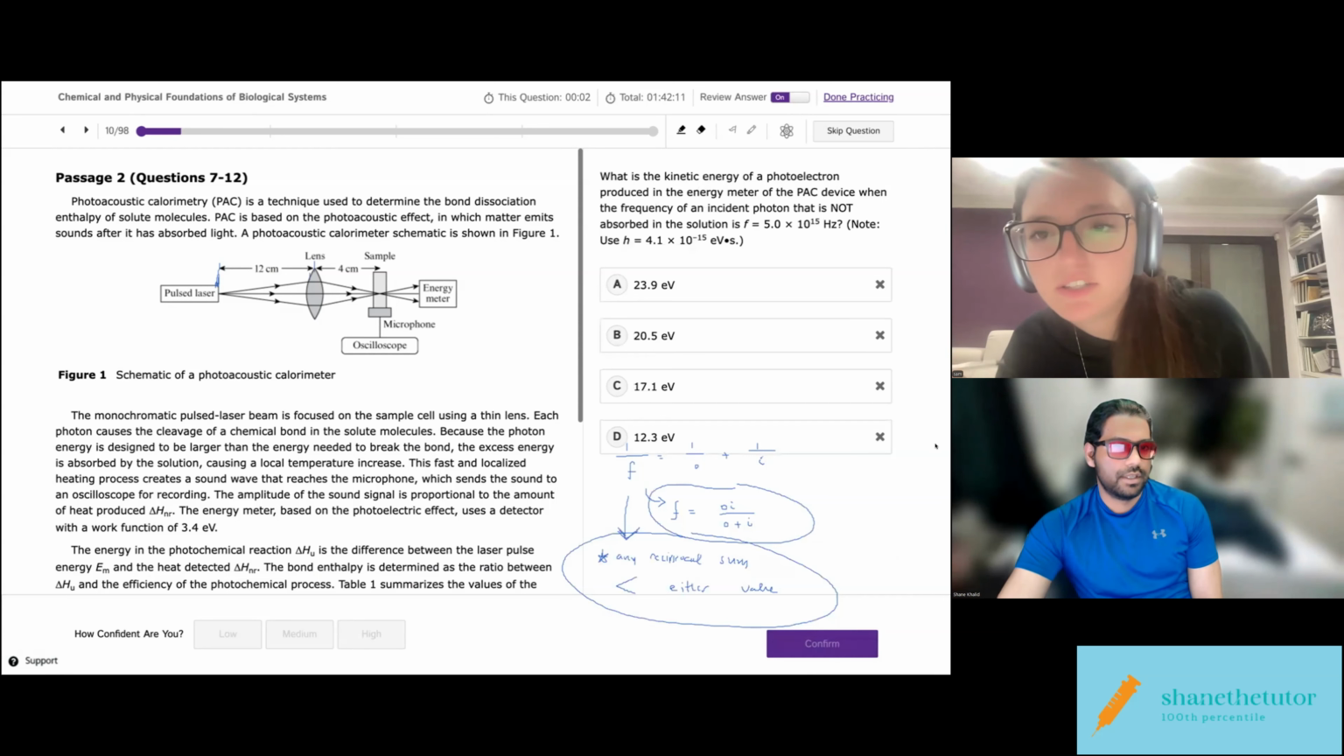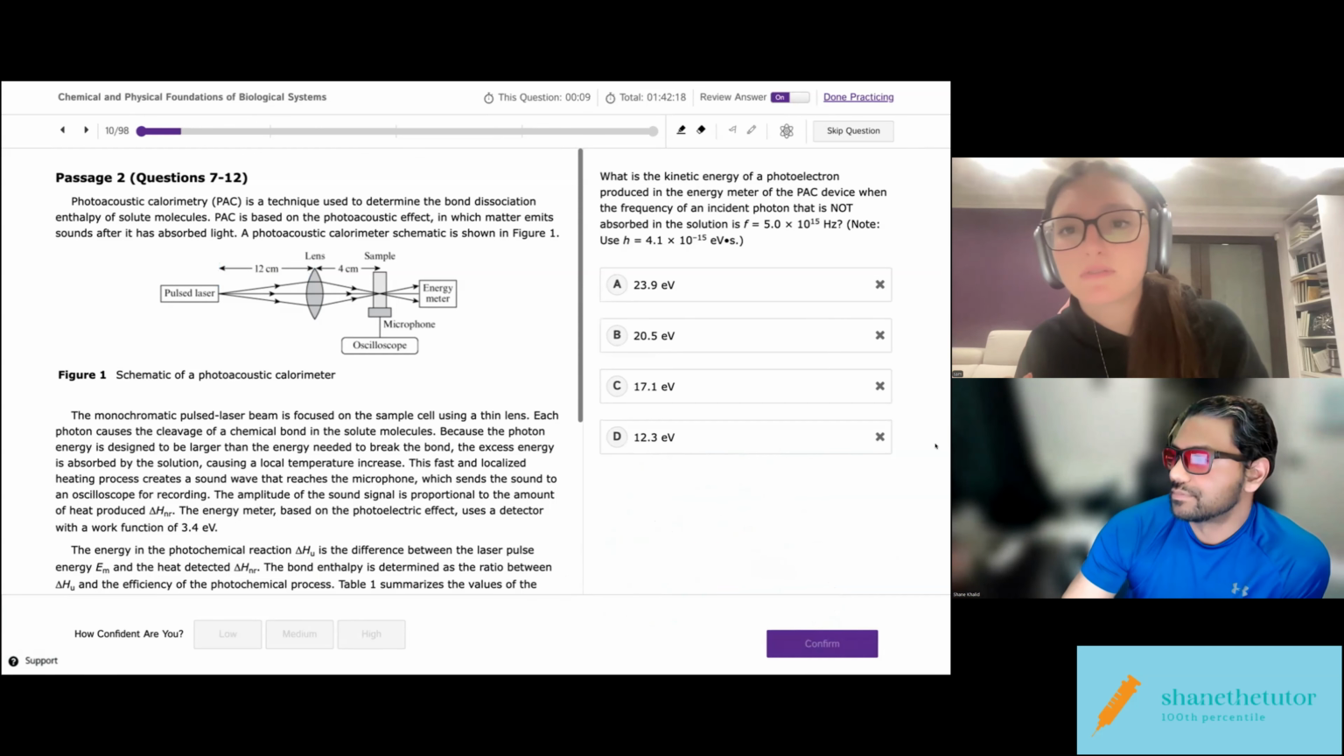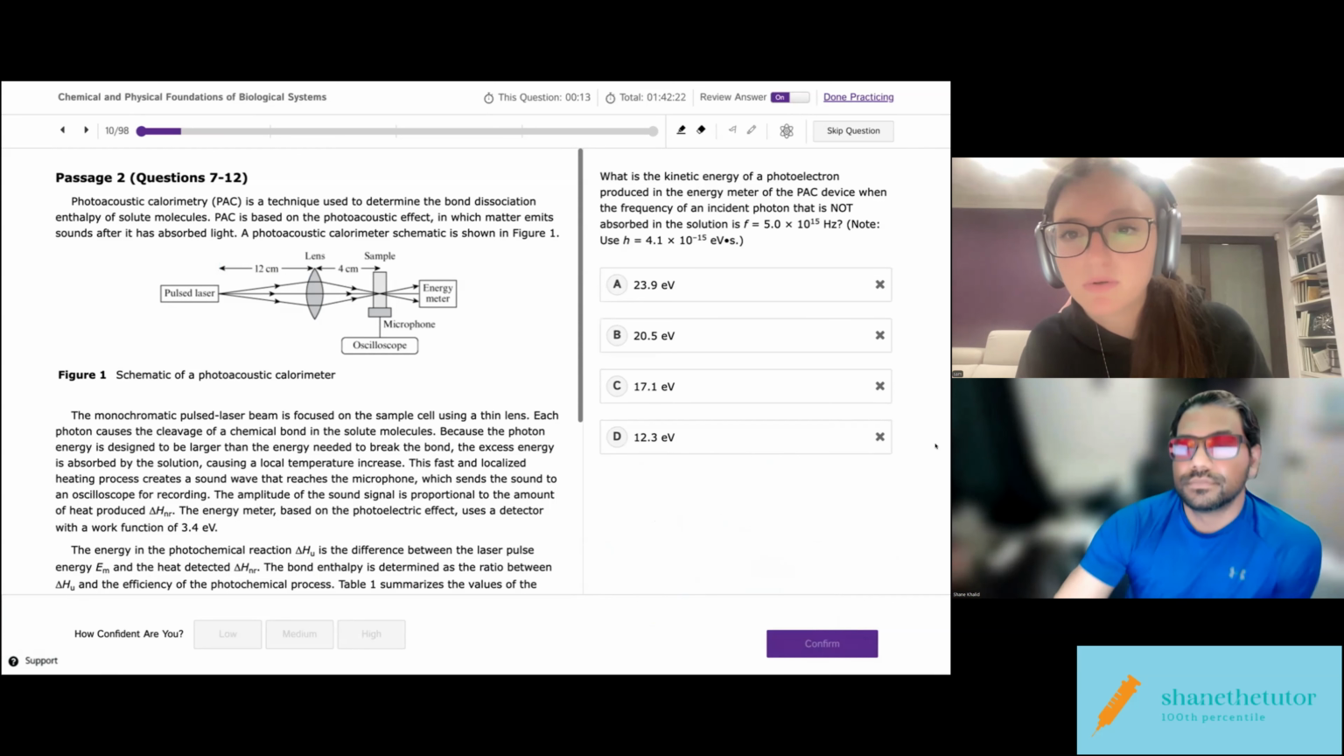And then here's the kinetic energy of a photoelectron produced in the energy meter in the packed device, when the frequency of the incident photon that is not absorbed in the solution is F equals